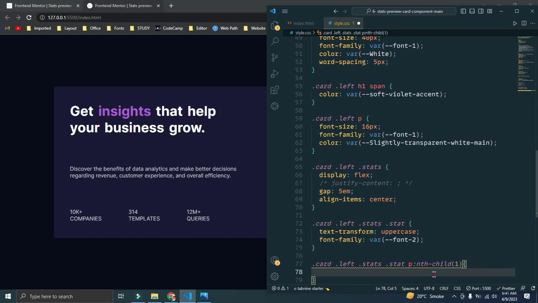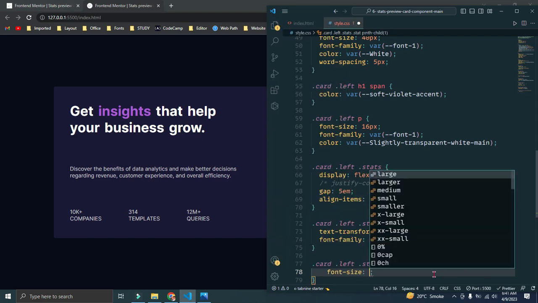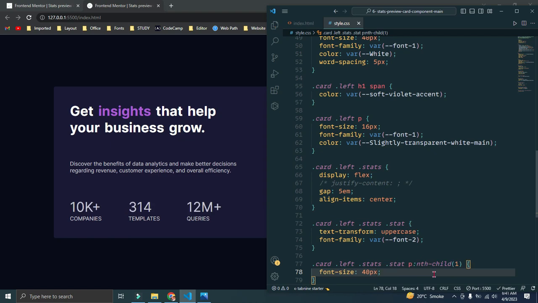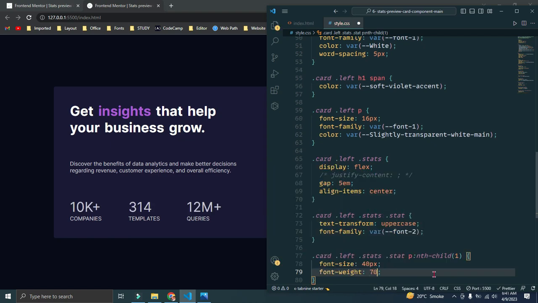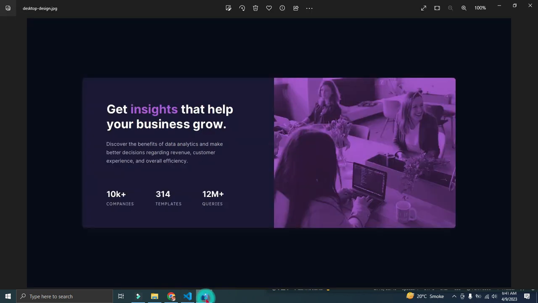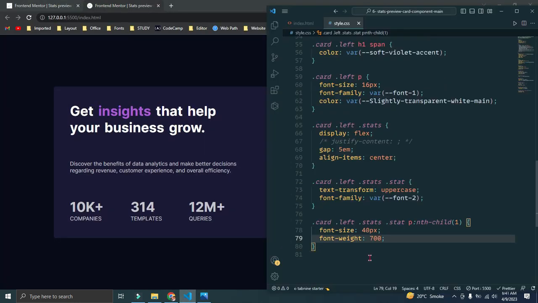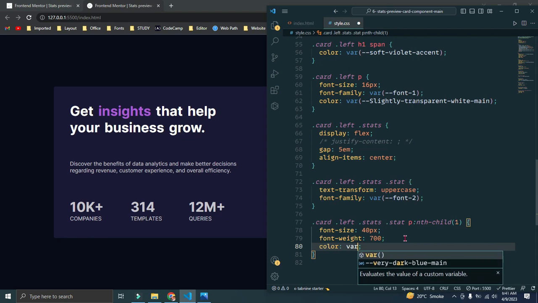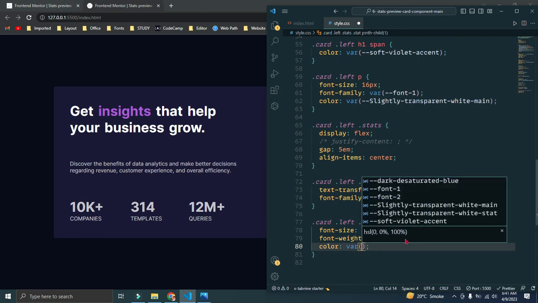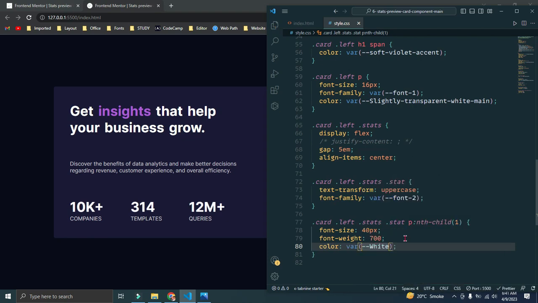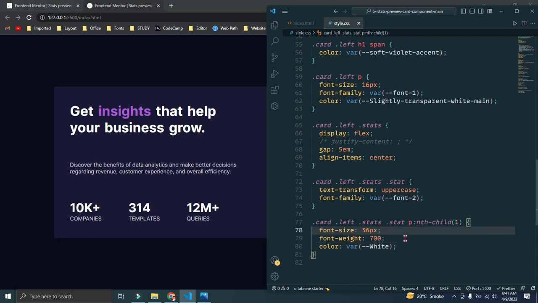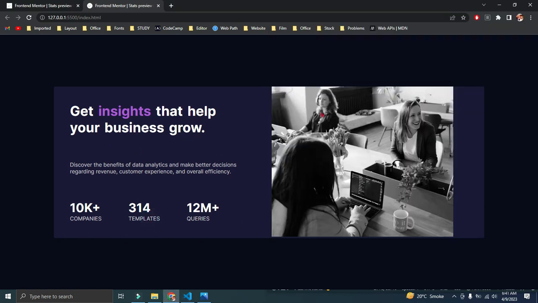Okay, we need to add the font size will be like 40 pixels, and font weight would be 700. Good, good, good. But the color of that is white. As you can see, the color of that is variable white. Yeah, but we need to make the style a bit smaller. Okay, now as you can see, our left side is done. Now we add styling